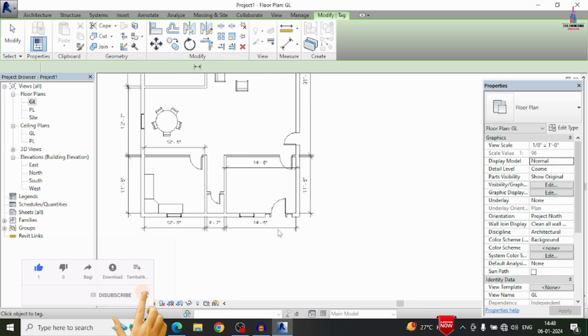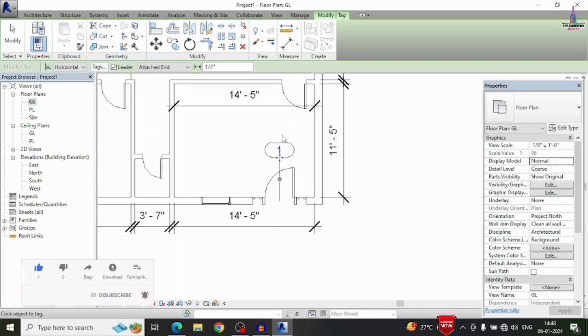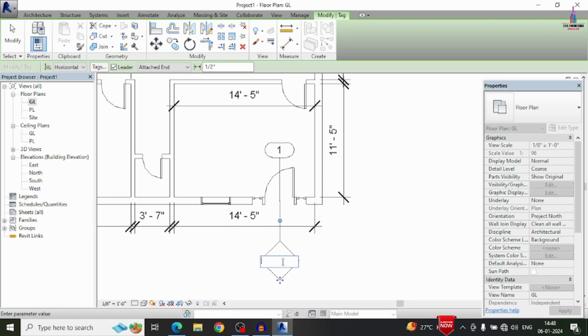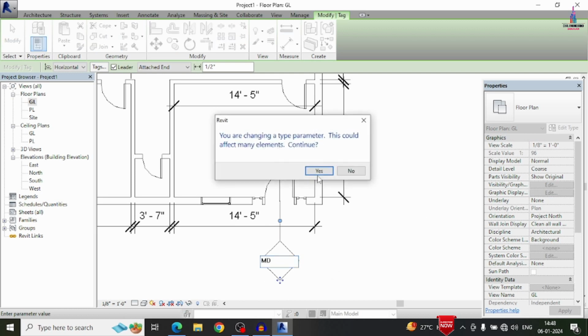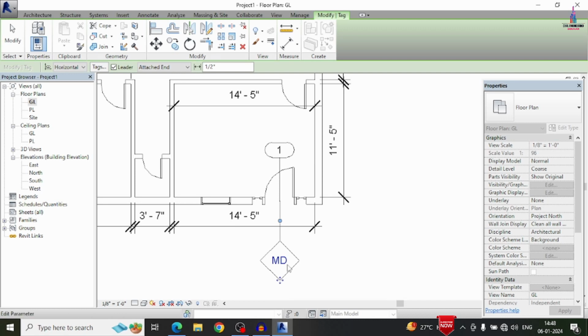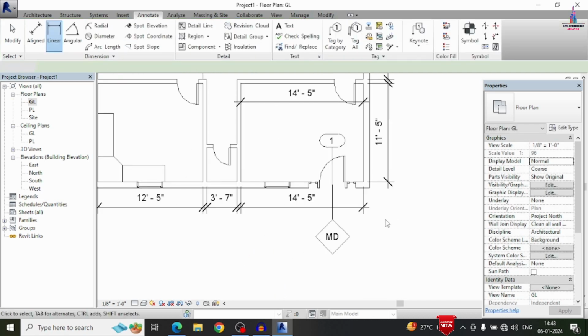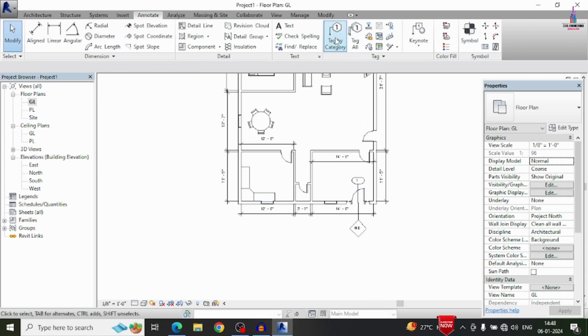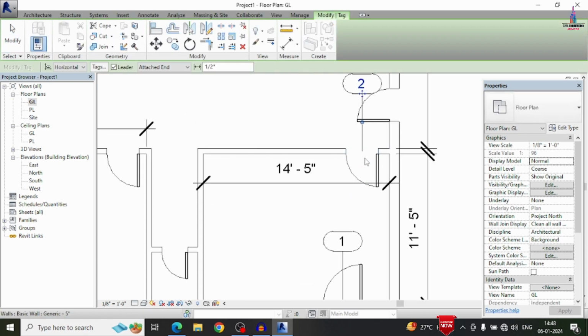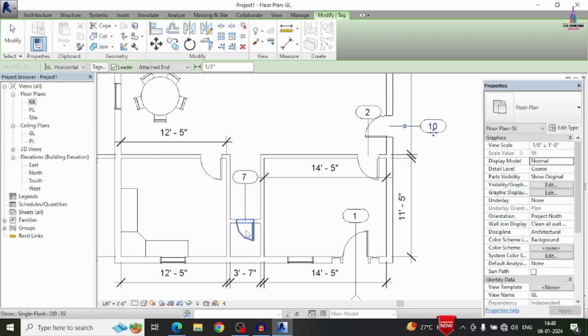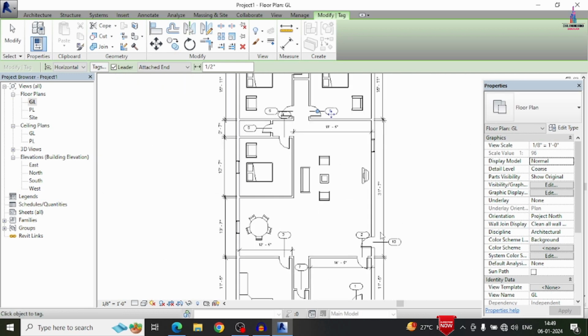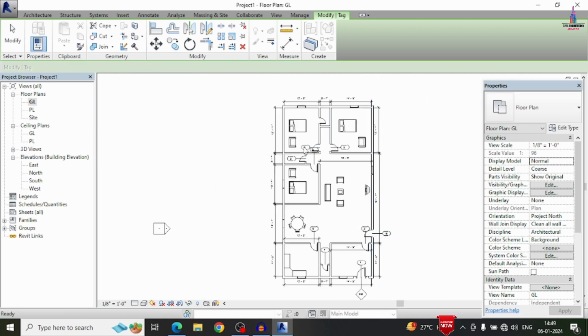So we have to select here, select this particular location, and move this tag to the outside of this particular location here like this. We have to give the name as main door section, MD, let us consider. Click on the S option. Now we can see it will draw your main door section related to this particular tag. Again we have to give the tags for the other door sections, all the door sections. So here I have given all the tags to the door sections.